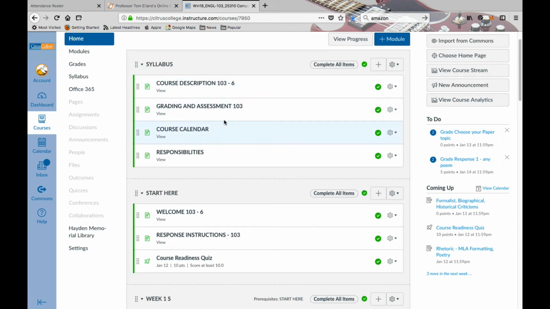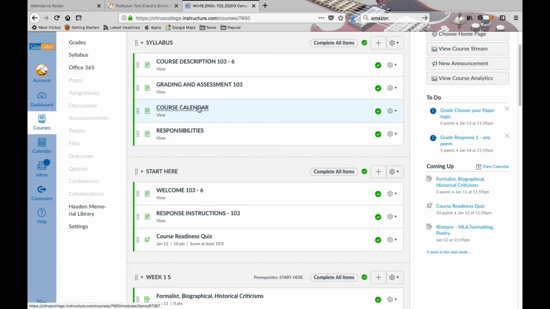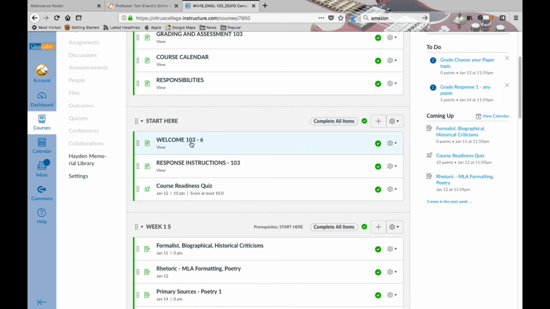At first, what you get is the syllabus, and it includes the course description, the grading and assessment, the course calendar, responsibilities, all of which I expect you to read so you understand basically what we're going to be getting into and the elements that we're going to have. And of course, the course calendar is going to be reflected in each of the week's assignments, but that certainly gives you access to an overview. The Start Here section is well